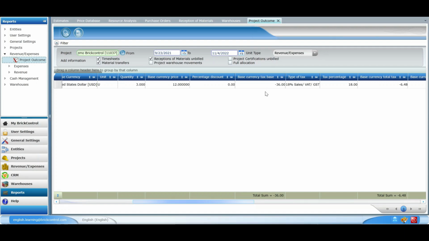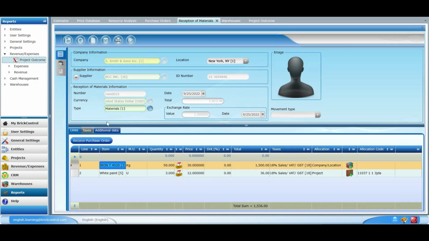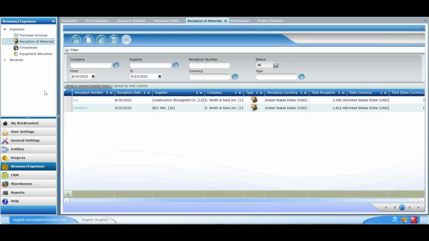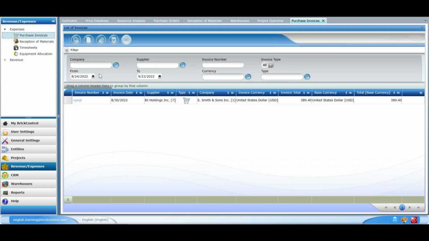As this is the only information we have added to Brickcontrol so far, it's the only thing we can visualize. Let's go back to the Reception of Materials screen and press the Save button. Now, we go to the last step of the process, which includes the purchase invoice of the materials we have just received. We head to the Revenues Expenses module, Expenses submodule, and we're going to access the Purchase Invoices